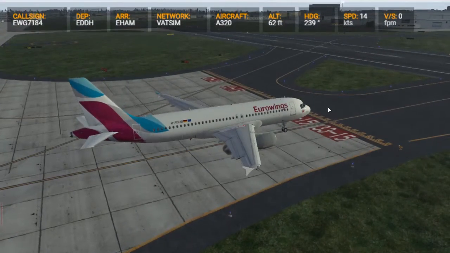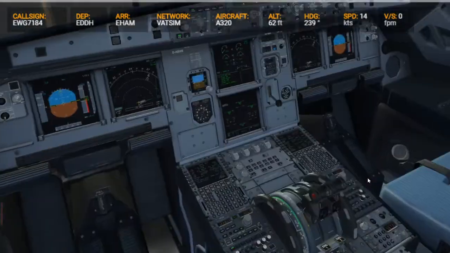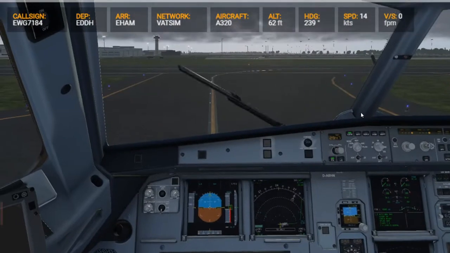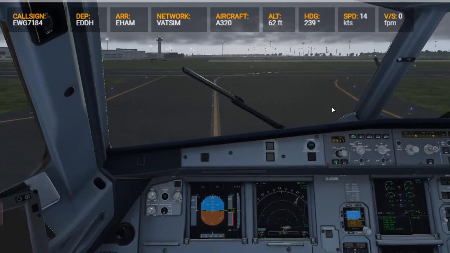Oh my goodness, that is close. That was close. Okay, parking brake is set. I think we're just gonna announce takeoff and then we can go. So,